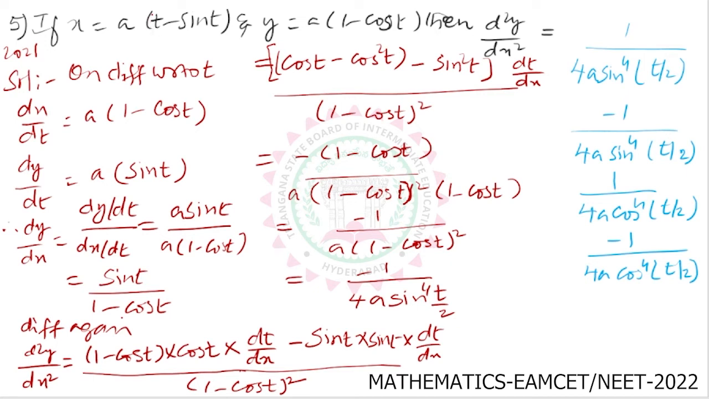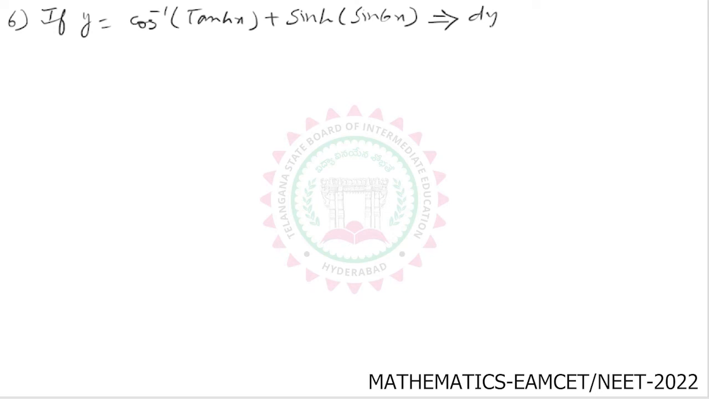Okay. So minus 1 by 4a sin power of 4 t by 2. From 2021: if y is equal to cos inverse tan hx plus sin hyperbolic into sin 6x, then dy by dx is equal to, right? The options are